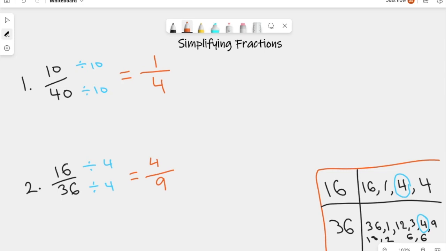Now, these numbers that make up our fraction here, 4 and 9, there are no more common factors between 4 and 9. And you can test this out. You can make another little table like I did here and give it a go. But you'll see that there are none that go into 4 and 9. So this, as a result, is our most simplified version of our fraction. It is an equivalent fraction, once again, to 16 over 36, but it is this fraction in the most simple